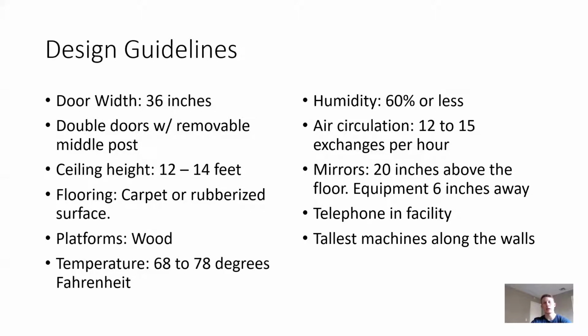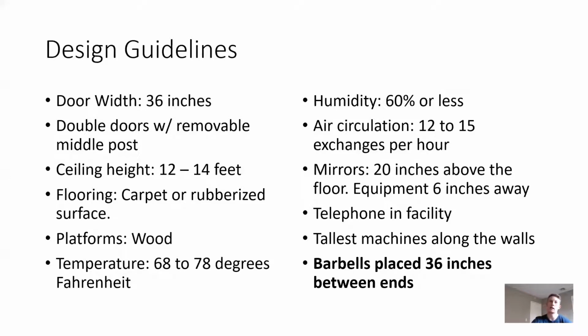This gives us less chance of one of them tipping and falling over on some athletes. And another key, all of those barbells should be placed at least 36 inches between ends. So if we have multiple platforms or multiple racks, those barbell ends should be at least 36 inches away from each other. This allows athletes to move in between, ease of loading weights, and there's less of a chance of